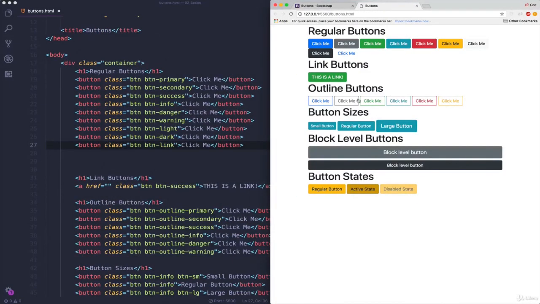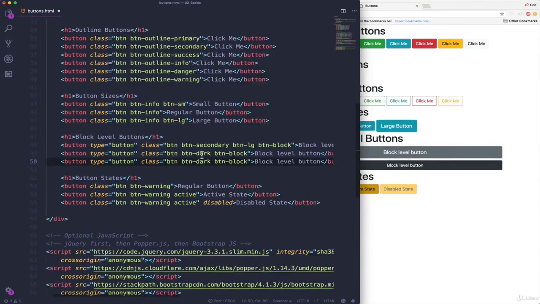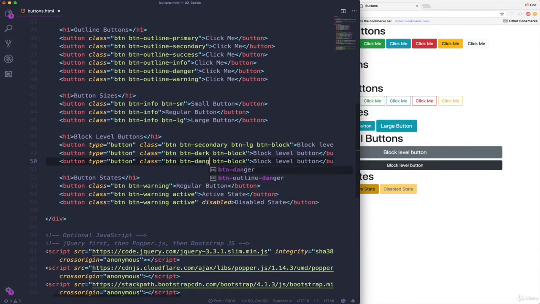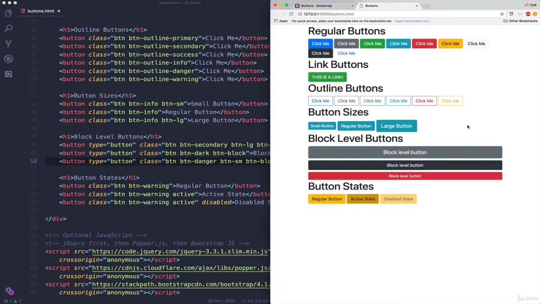All right, so to wrap things up, I went back and just edited things a little bit, added in H1s down here, added in a second block level button. This one is the large block level. This is just the standard size. I could also do a small one if I wanted to. Feel free to take a look at any of this. Let's make this one a danger button that is btn-small. And you can see we get a block level button, goes across the entire container, but it is smaller, but